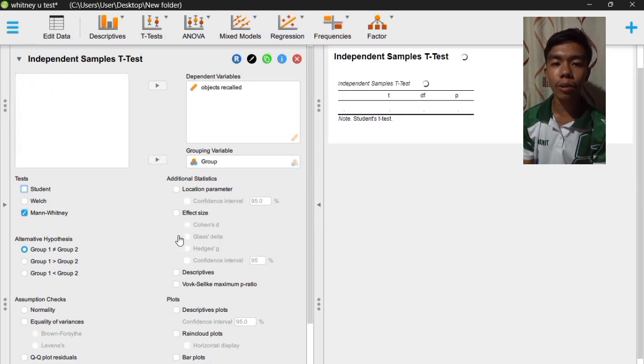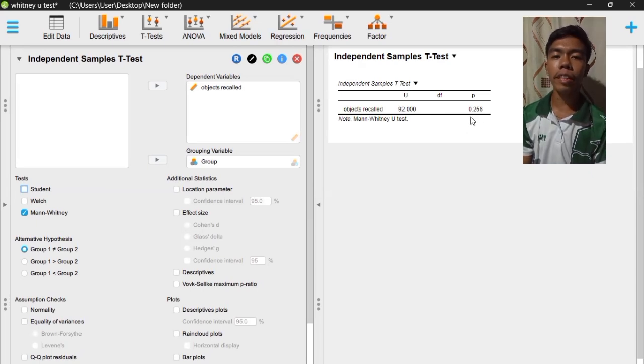By putting that, we can see our p-value of 0.256 and our Mann-Whitney U-test value of 92. Just by looking at this, we can see that our p-value is greater than our significance value of 0.05. Therefore, we failed to reject our null hypothesis.